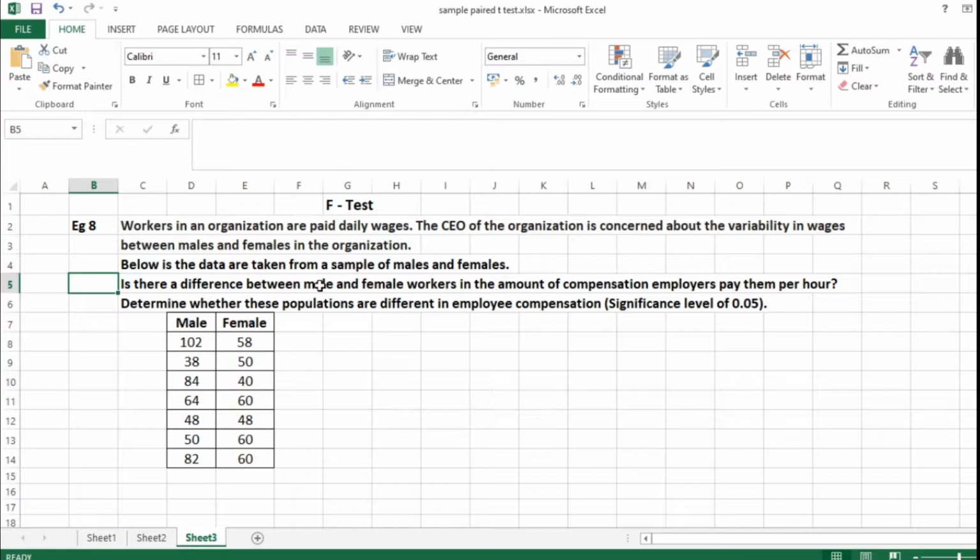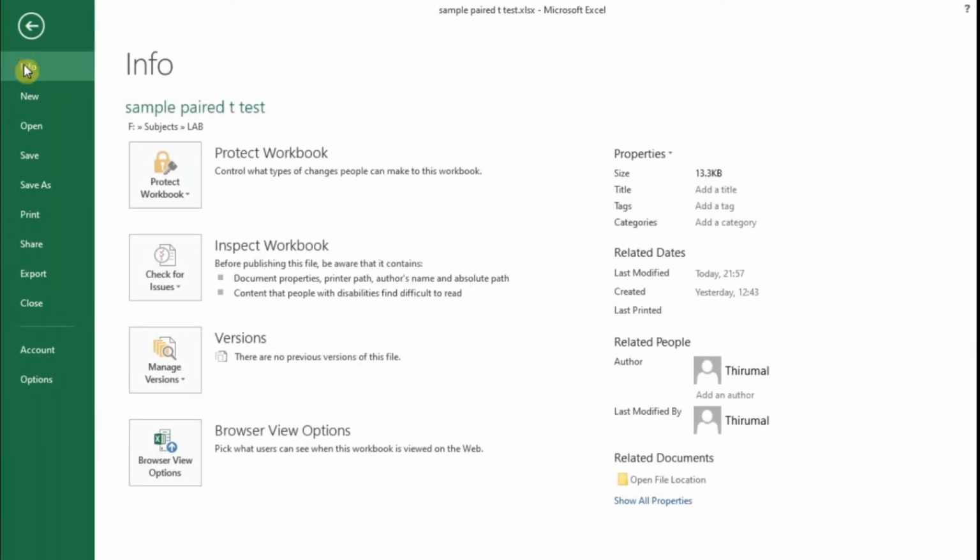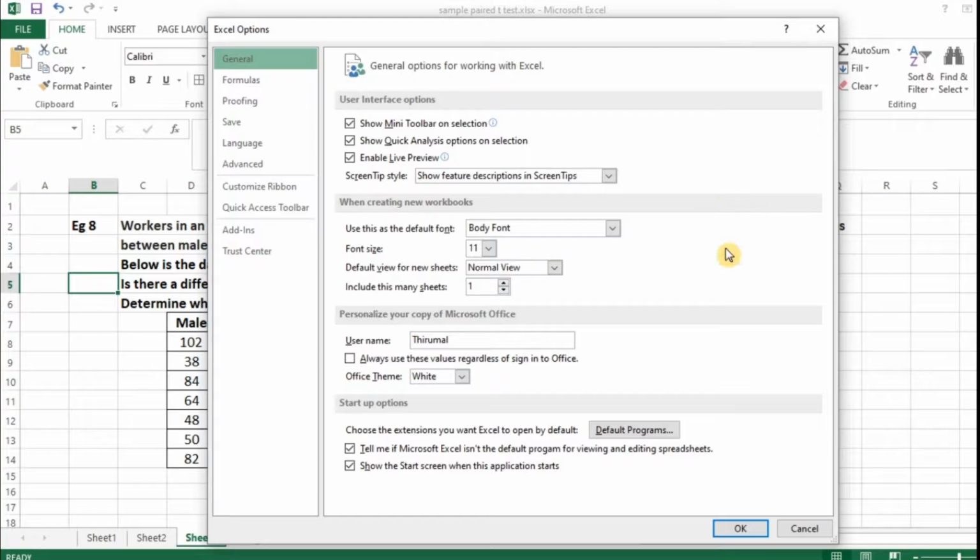So I am going for data analysis. Before going for data analysis, I am just reminding you again, if your Excel version doesn't have a data menu, what you have to do is go to File. There will be a tab we call Options. You click this, you will get the Excel Options window.